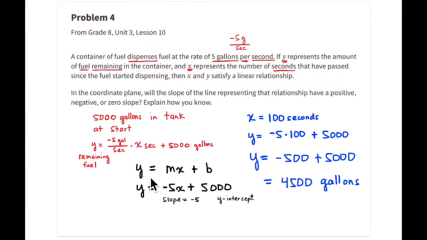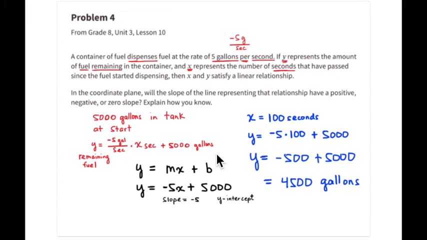So now you can write the equation. Now it doesn't ask you to do any of this stuff. It's going through a bunch of stuff that we've been doing and how this fits together. So the slope is -5 gallons per second. x is the number of seconds. And remember, you have to add the 5,000 to this because that's what you start with. So you get this equation, y equals -5x plus 5,000, which is the same thing we wrote up here. y equals -5x